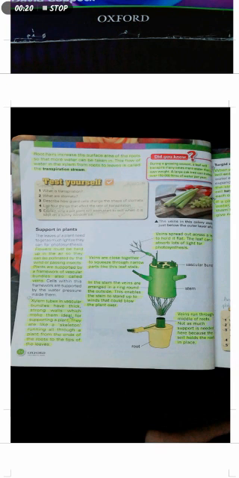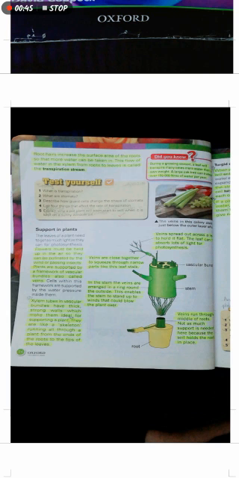The leaves of the plants need to get as much light as they can for photosynthesis. Why do plants need light? Plants need light because the process of photosynthesis cannot happen in the absence of light, and the leaves have a chemical called chlorophyll which absorbs the light energy from the sun. So light is a necessary component for photosynthesis.